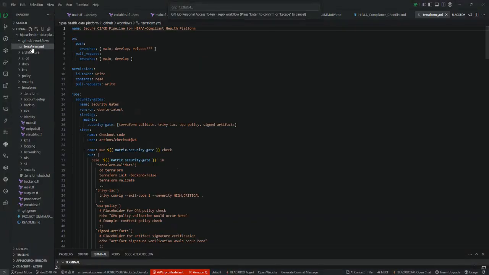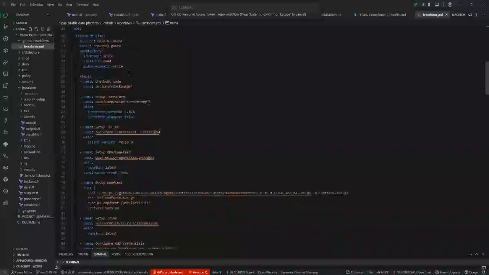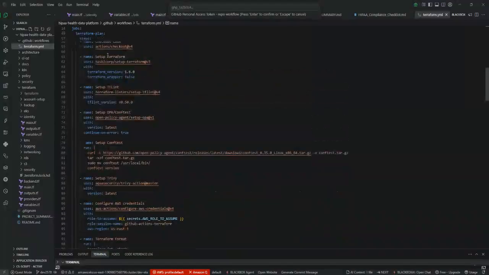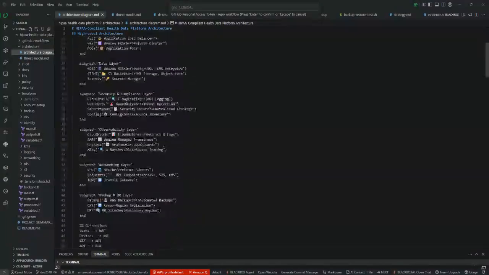Yeah, this is the CI/CD pipeline, and I implemented OpenID Connect into it for easy authentication, and also this is the architectural diagram here. It has the layers from the client user down to all